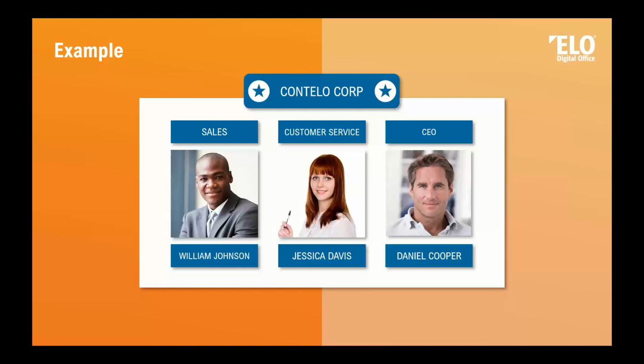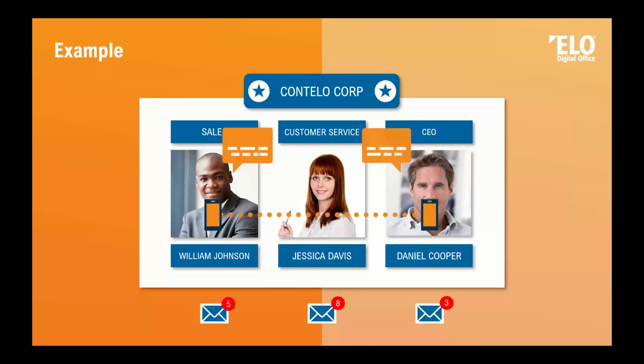And so they can work together and collaborate with each other. They can communicate with each other. So when William Johnson or Jessica Davis receives information, she can tell William Johnson, then William Johnson can call Daniel Cooper and tell him that there is a new, let's say, partner request. So a new company sent us a request, they want to become partner. And he tells Daniel Cooper with the smartphone, or he meets him in the office and informs him. So communication is easy, information is available for everyone. And they send some emails, and everybody has the same state of information, because communication is much easier than